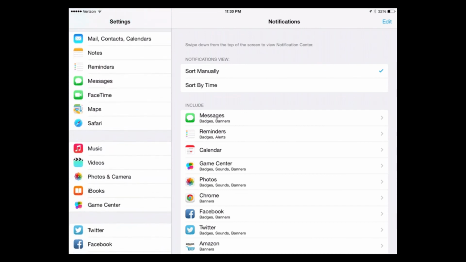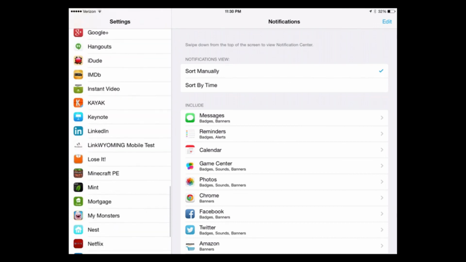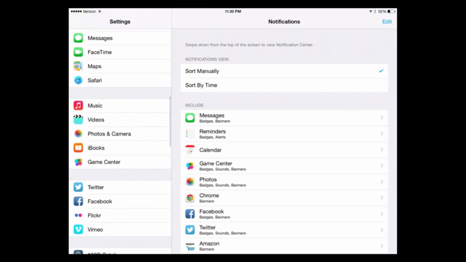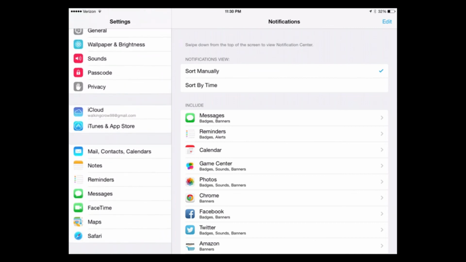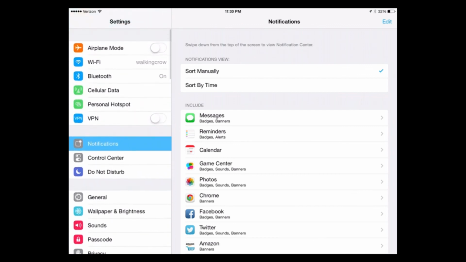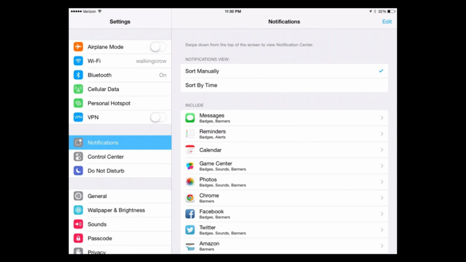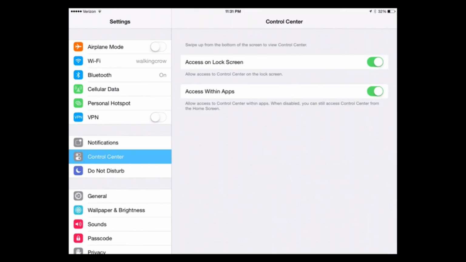It's weird. I don't see it. Where's Spotlight? Or is it just called search? I'm not sure anymore. I think it's the Spotlight on my iPhone. It's either notifications, control center,